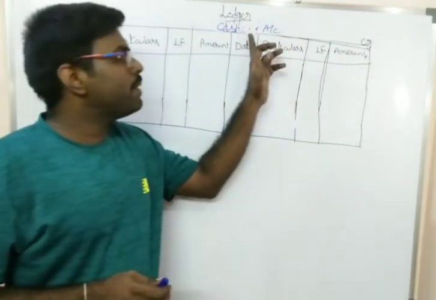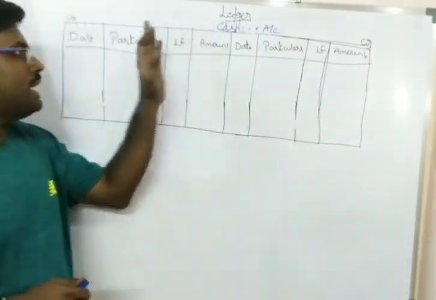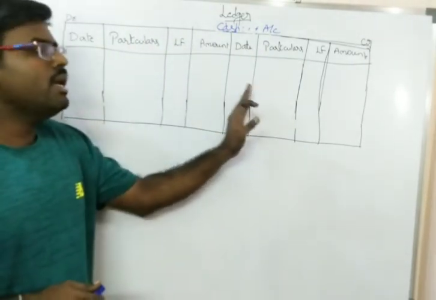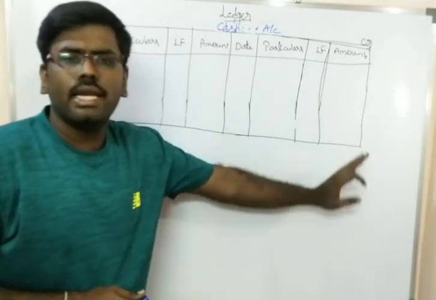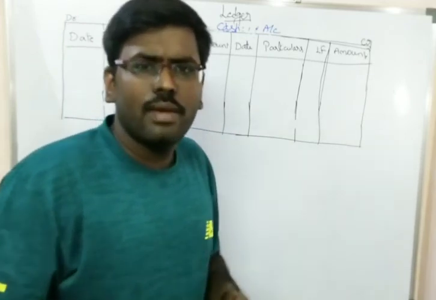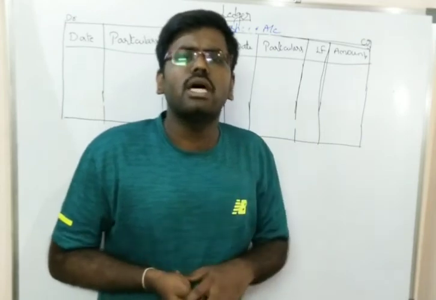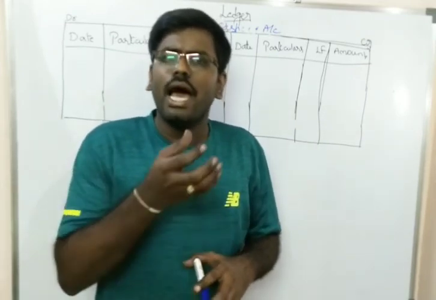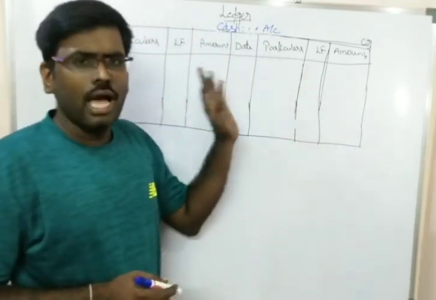So we will prepare the ledger accounts, where on both sides credit entries and debit entries are recorded separately. Here we can come to know the total debit amount and the total credit amount. Based on that we can say whether we are having more debit balance or more credit balance. For that purpose we will classify the number of accounts in journals, and for each and every type of account we will prepare the ledger accounts.